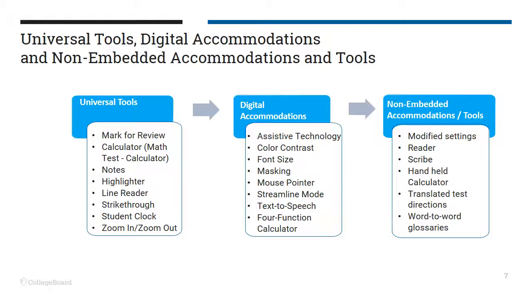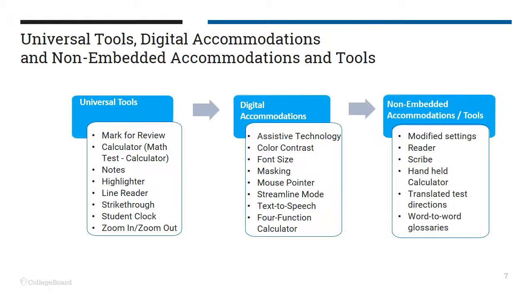Non-embedded accommodations are available outside the test delivery system and can include separate setting, scribe, reader, paper braille test forms, etc. The various tools, accommodations, and supports include universal tools not requiring CB approval or configuration in the testing application, including Mark for Review, Online Calculator for the Math Test Calculator section, Notes, Highlighter, Line Reader, Strike Through, Student Clock,